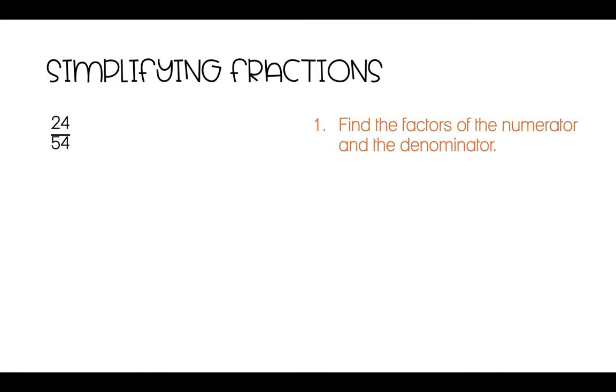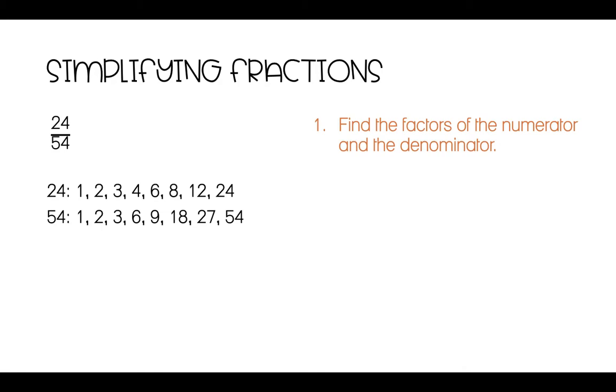So let's list the factors of 24. We get 1, 2, 3, 4, 6, 8, 12, and 24. And the factors of 54 are 1, 2, 3, 6, 9, 18, 27, and 54. Now you're going to circle the highest common factor. So in this case, the highest common factor, if we start from this end,